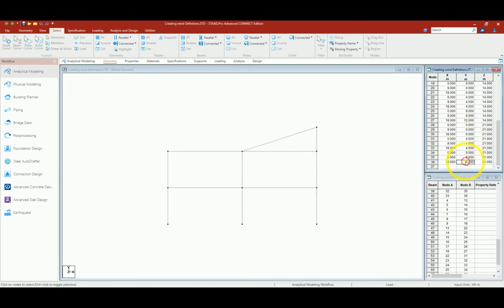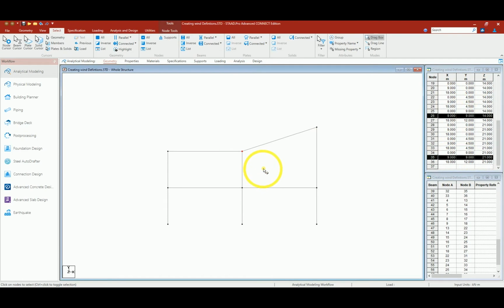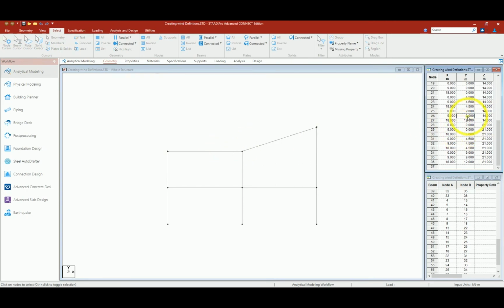I will select the nodes and change the Y to 12 meter, and interpolating the middle rows. So in front the maximum height is 9 meter, in the end it is 12. Interpolating, we will have a 10.5 meter. So selecting the nodes and changing the height to 10.5 meter, that is the Y coordinate. Selecting again,